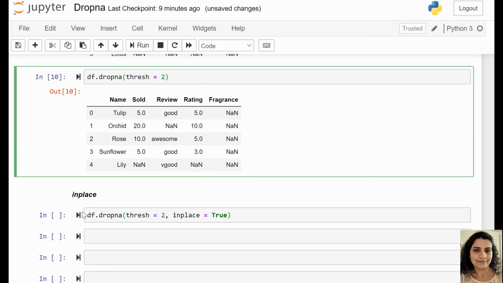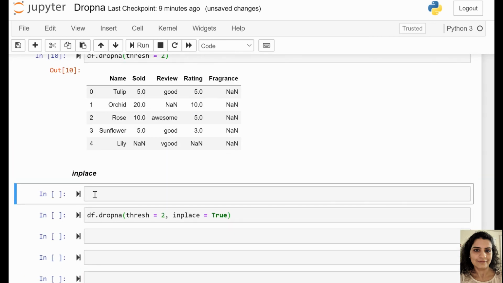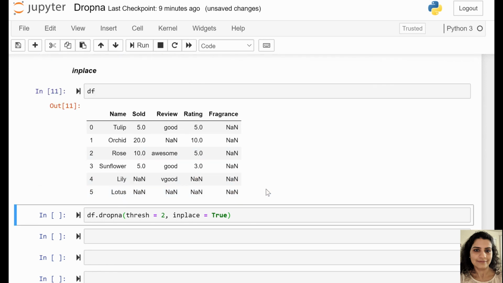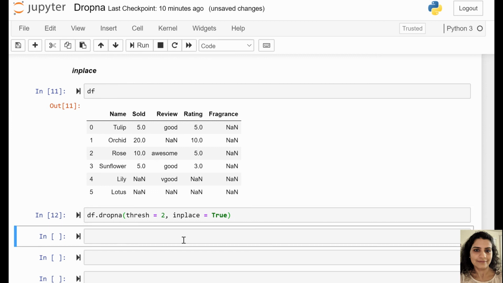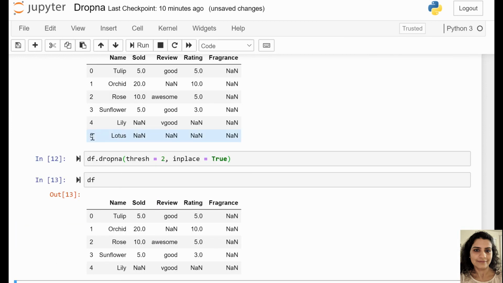Another thing is the inplace parameter, and how it works. If you print your original data frame, you'll notice that nothing has changed here. It's the same as it was at the very beginning. But if you want to make changes in your original data frame, you'll simply write inplace is equal to True. Now if you run this cell and print your df, you'll see that this Lotus row is not here.